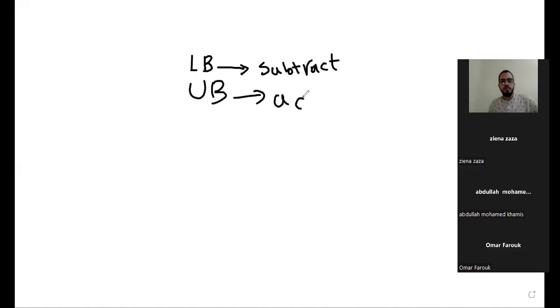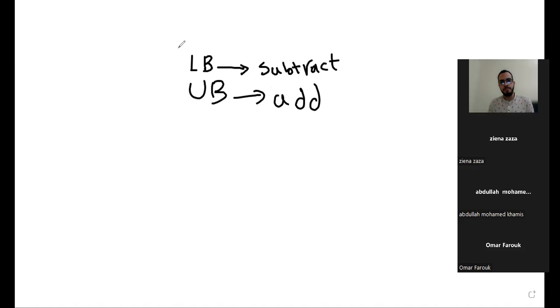Again, guys, I said for the lower bound, you subtract, okay? And for the upper bound, you add. And the question is, what is the number I subtract? What is the number I add? Well, if you are rounding to the nearest whole number,